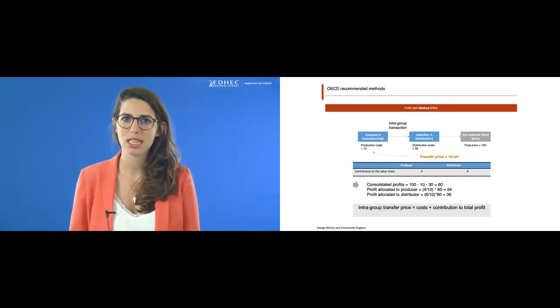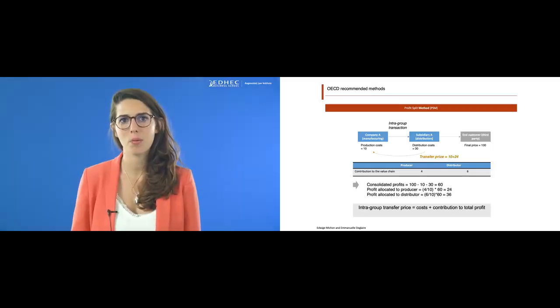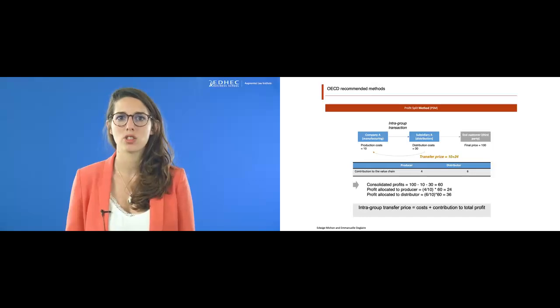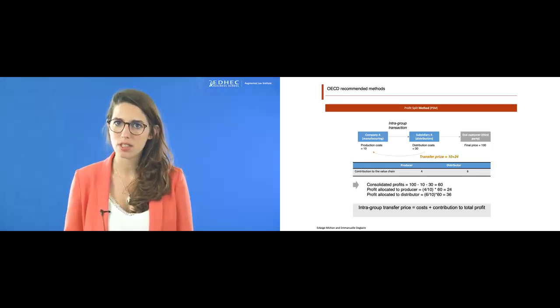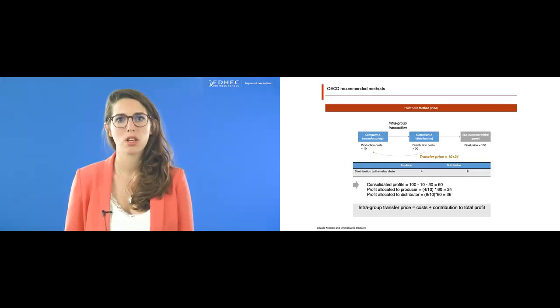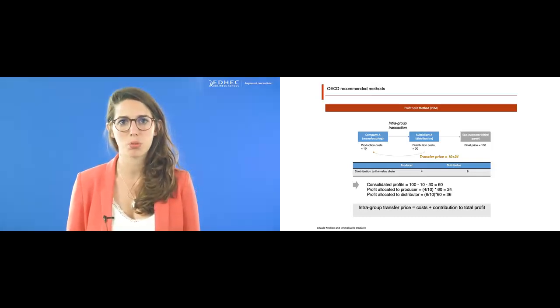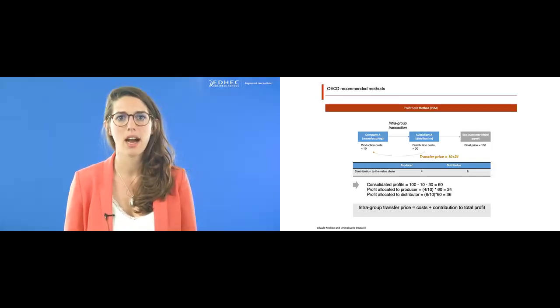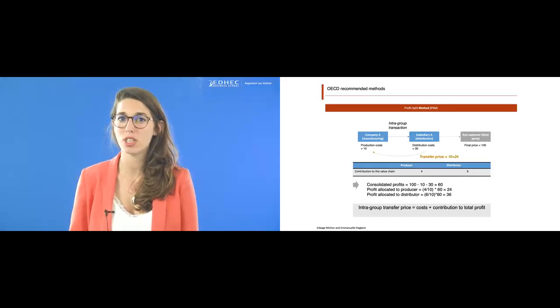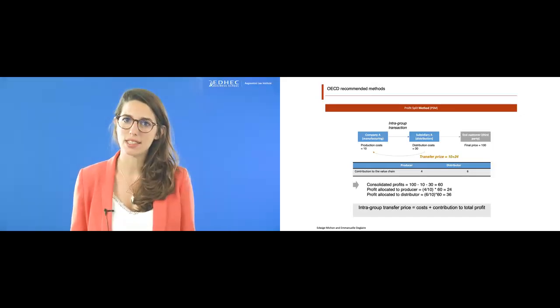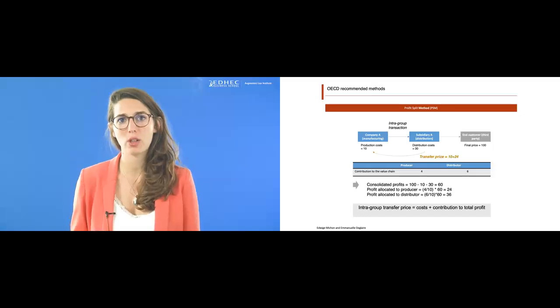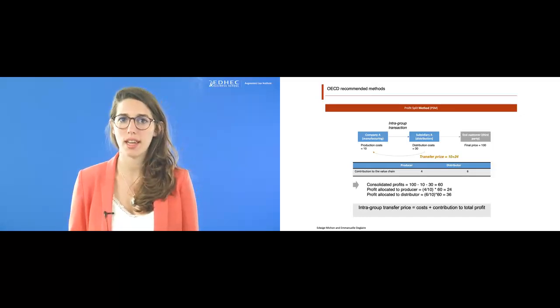The final price is 100 euros, and Company A and the subsidiary A bear 10 euros and 30 euros of costs respectively. So the consolidated benefit is 100 minus 10 minus 30 equals 60 euros. We now have 60 euros to divide between Company A and subsidiary A according to their participation in the value chain of the group. We said that Company A brings 4 out of 10, while subsidiary A brings 6